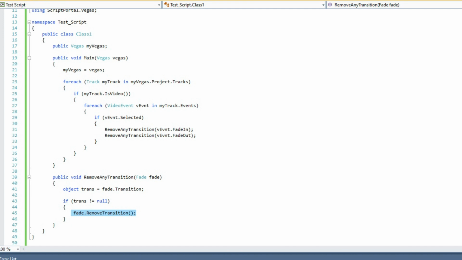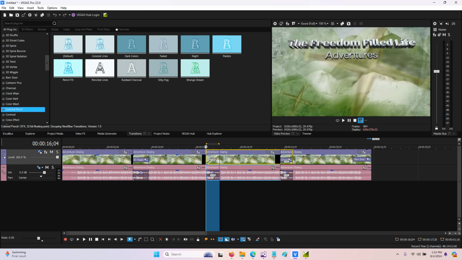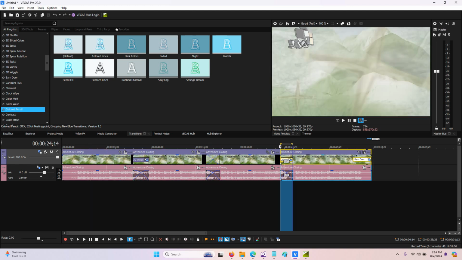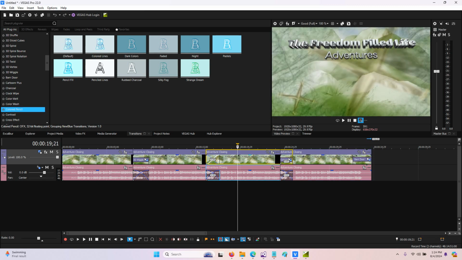So let's see how this script works. Here we have 4 events on the timeline, and in the middle here we have a 3D wiggle, a crossfade, a colored pencil, and a barn door, just like we had in the previous tutorial. It's only going to remove transitions from a selected event. So if I select this event here and we run the script,